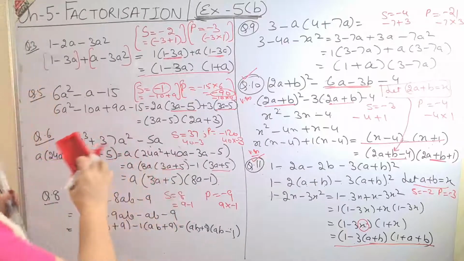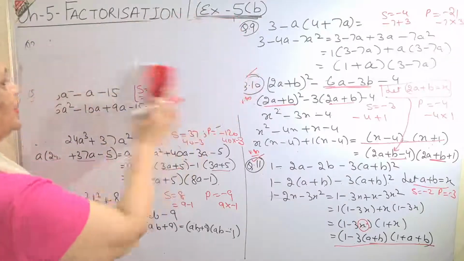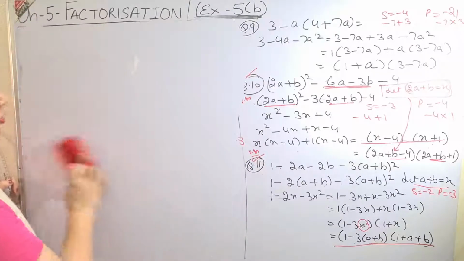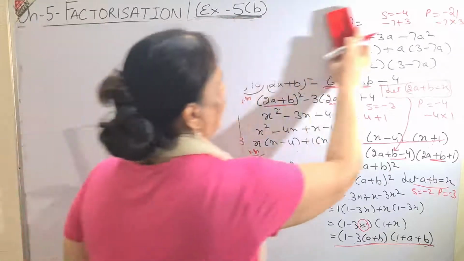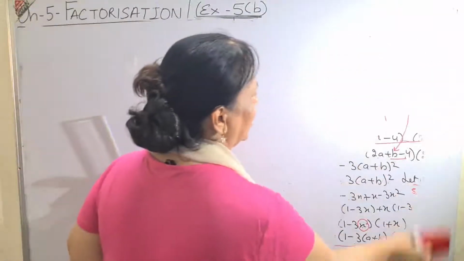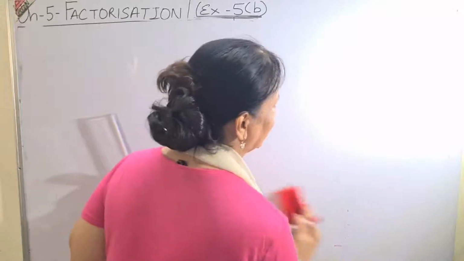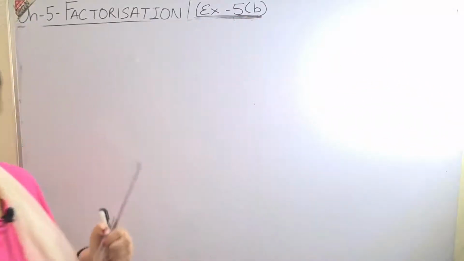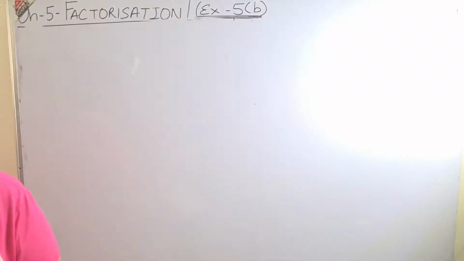Factorization is a chapter which totally depends upon exercise and practice, because as I told you before, in these sums there are no formulas, only technique matters. A technique comes with practice. When you go for playing any big games, the coach also tells you the technique of playing. Similarly, I am giving you the technique of doing these sums. Moving on to the next, that is question number 14. 14 is also the same as 11.